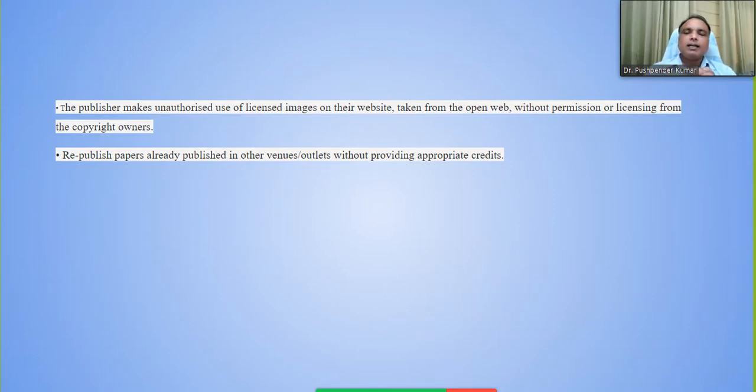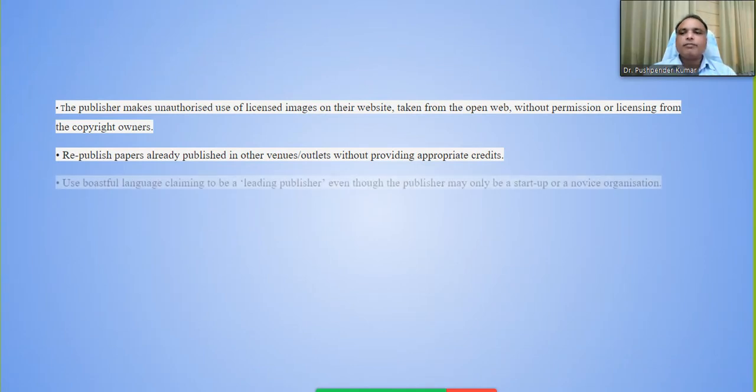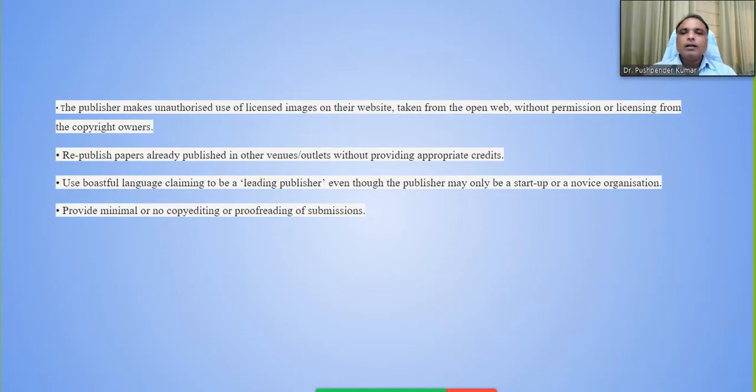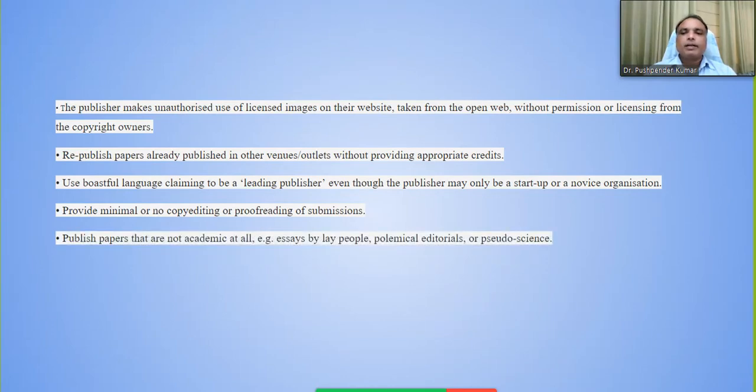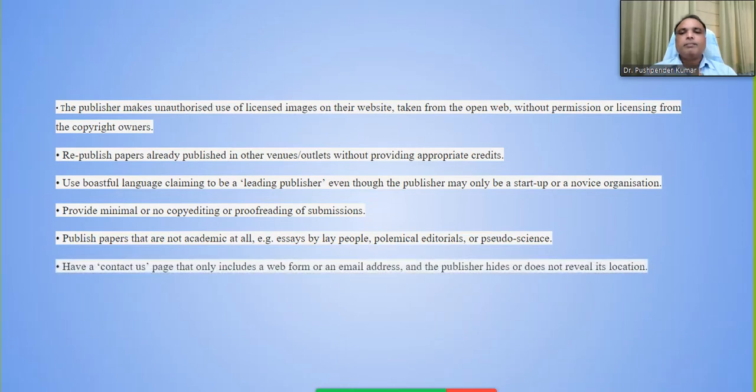And then another thing which can help us understand how to identify a predatory journal is that they republish papers already published. So these are a few things you can see, and they can say that we are number one in the world, number one in India, we are a leading publisher, right? So they don't have any proofreading, they don't have any copy editing, they publish not academic at all, maybe different